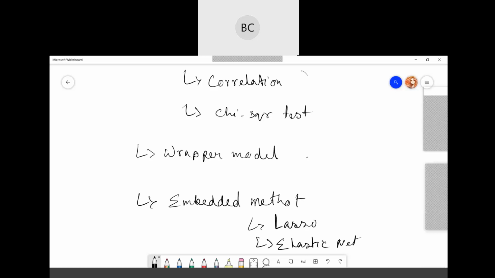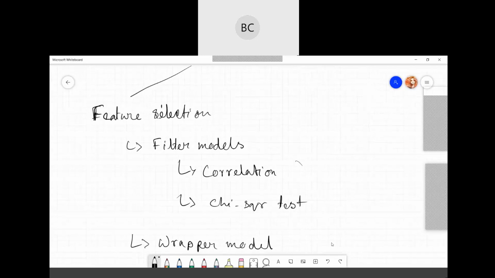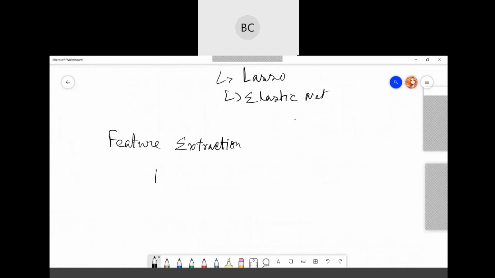Then we also have feature extraction methods. Just like feature selection, we have feature extraction methods. So embedded methods, wrapper methods and filter methods are feature selection methods. For feature extraction, a very common one is PCA.